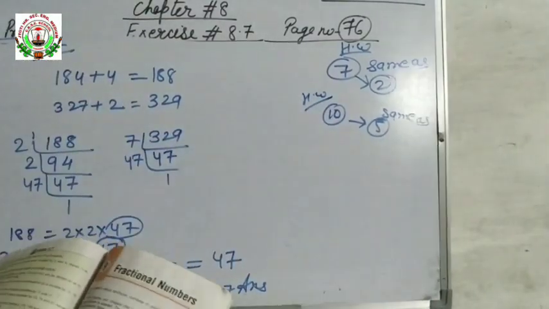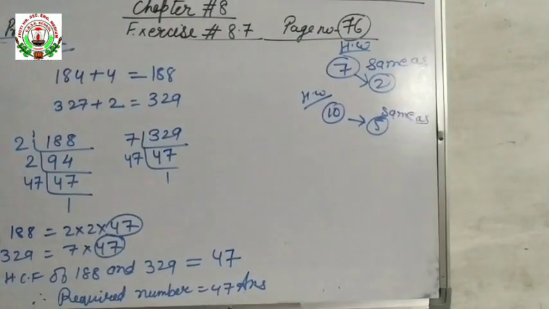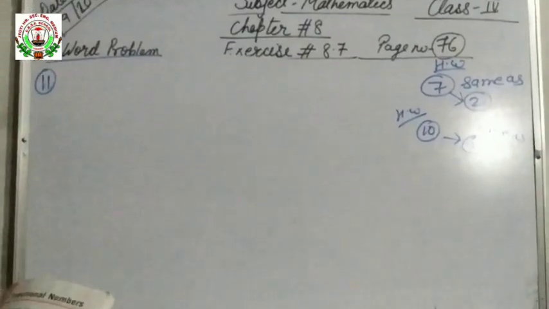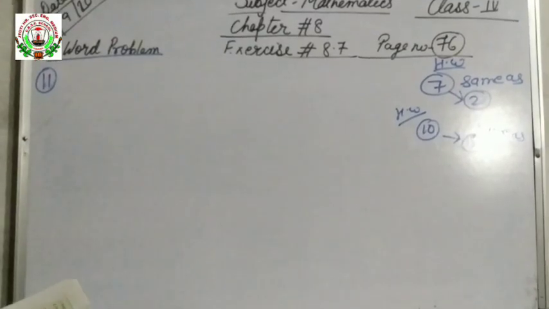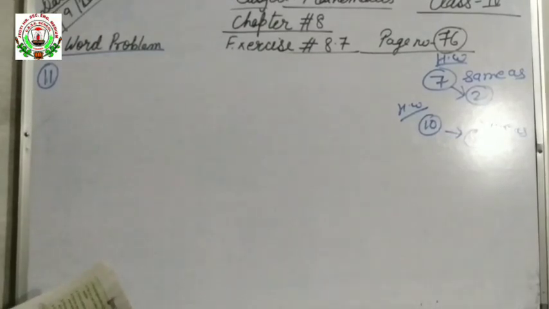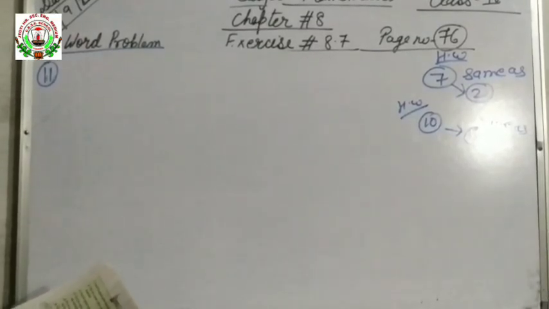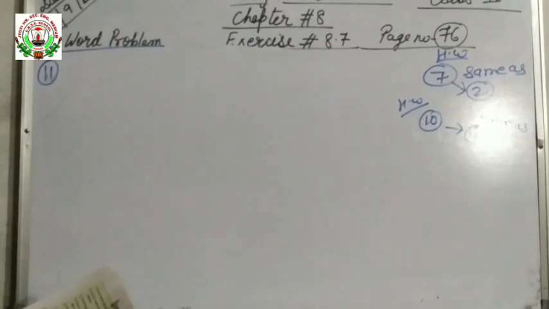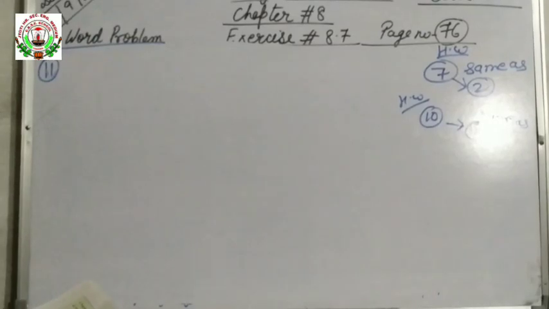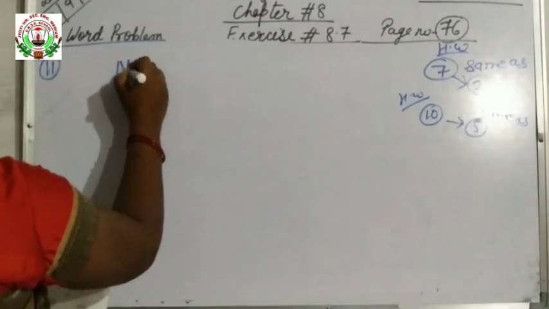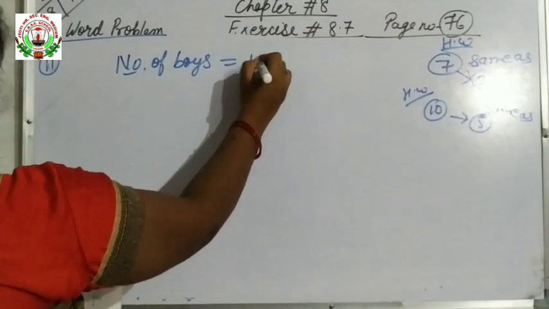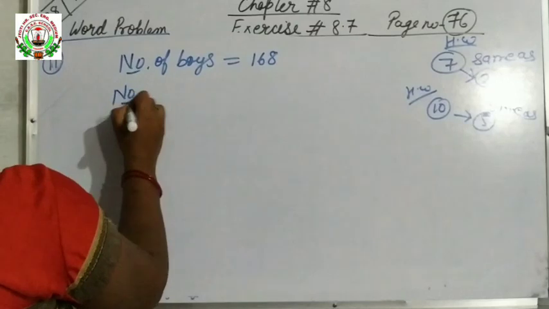Now it is the last question, that is question number 11. Question number 11 is: there are 168 boys and 252 girls. The students are to be arranged in groups so that each group has the same number of students. Find the greatest number of students possible in each group. Here the number of boys is given, so you will write first the number of boys, it is 168, and the number of girls